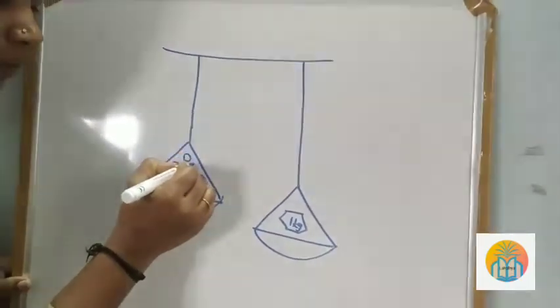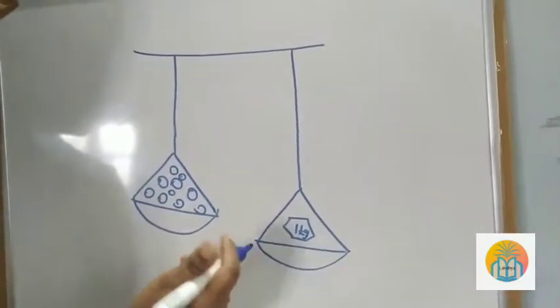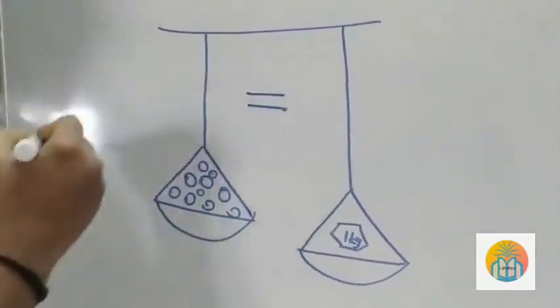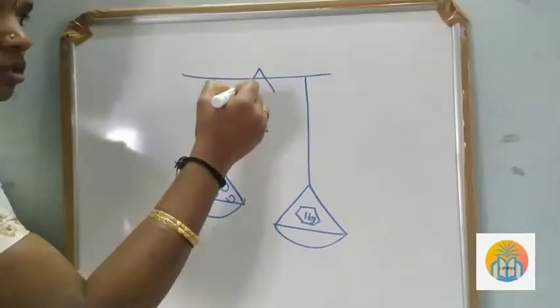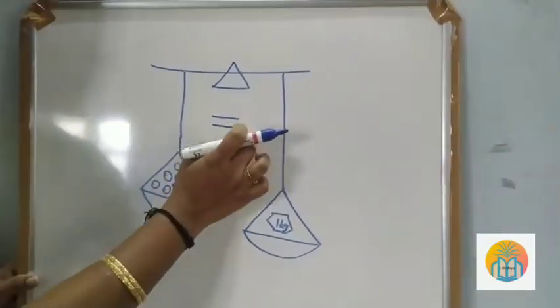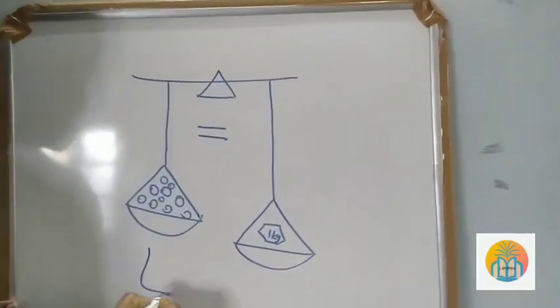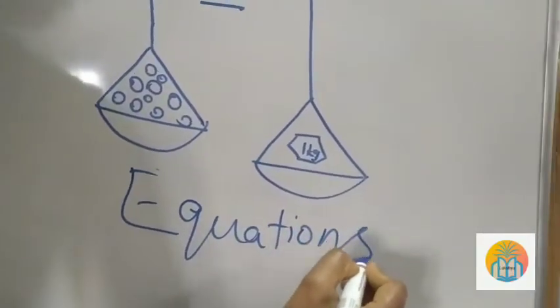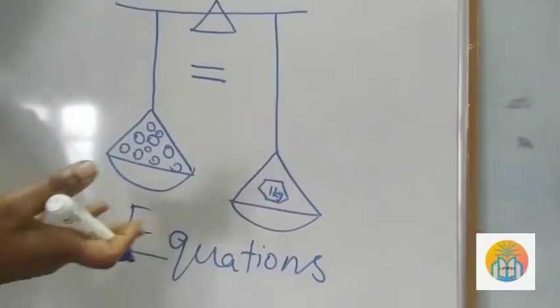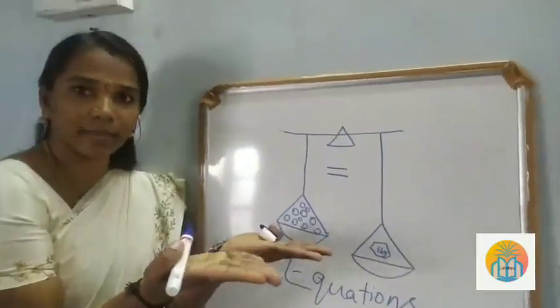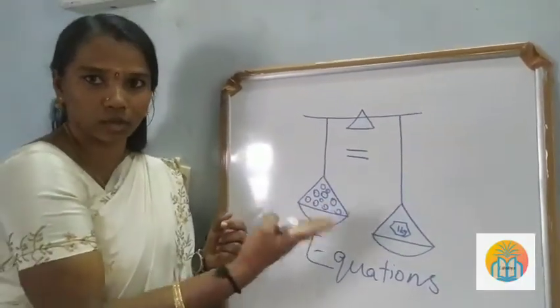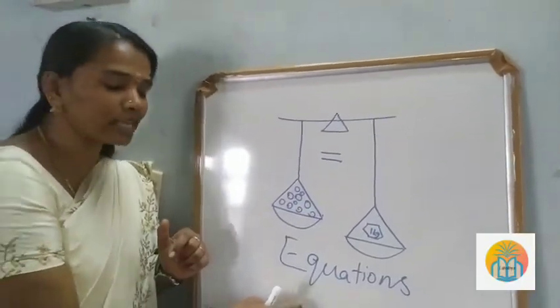Now we keep observing whether this balances. Yes or no, both the pans should become equal, and only then do we take the things. So in mathematics, we call this equal an equation. When it is balanced, they are equal, on the same level, and only then do we buy these vegetables. Otherwise we argue.